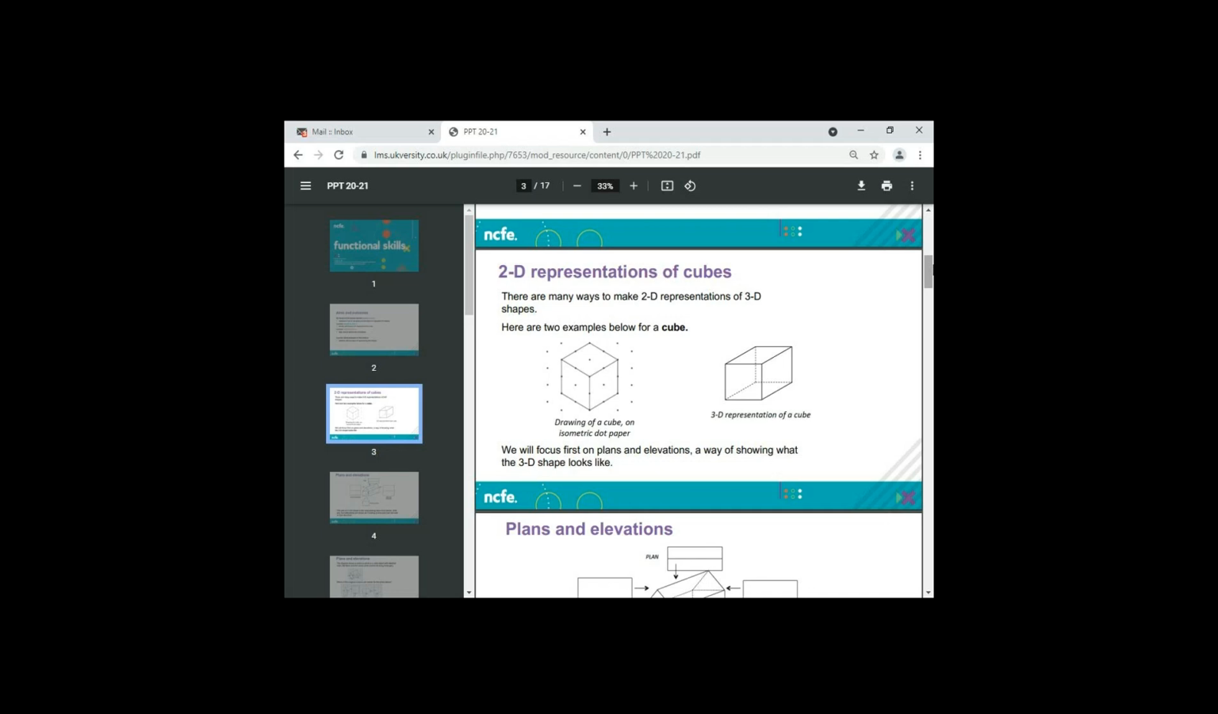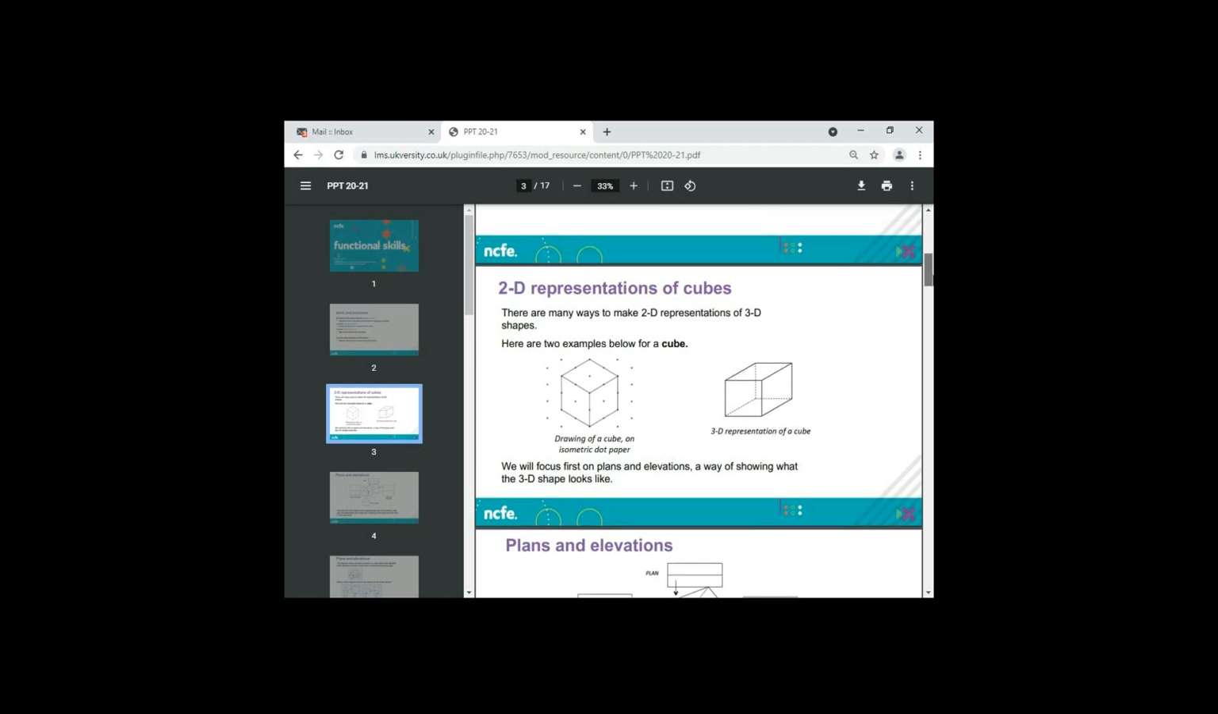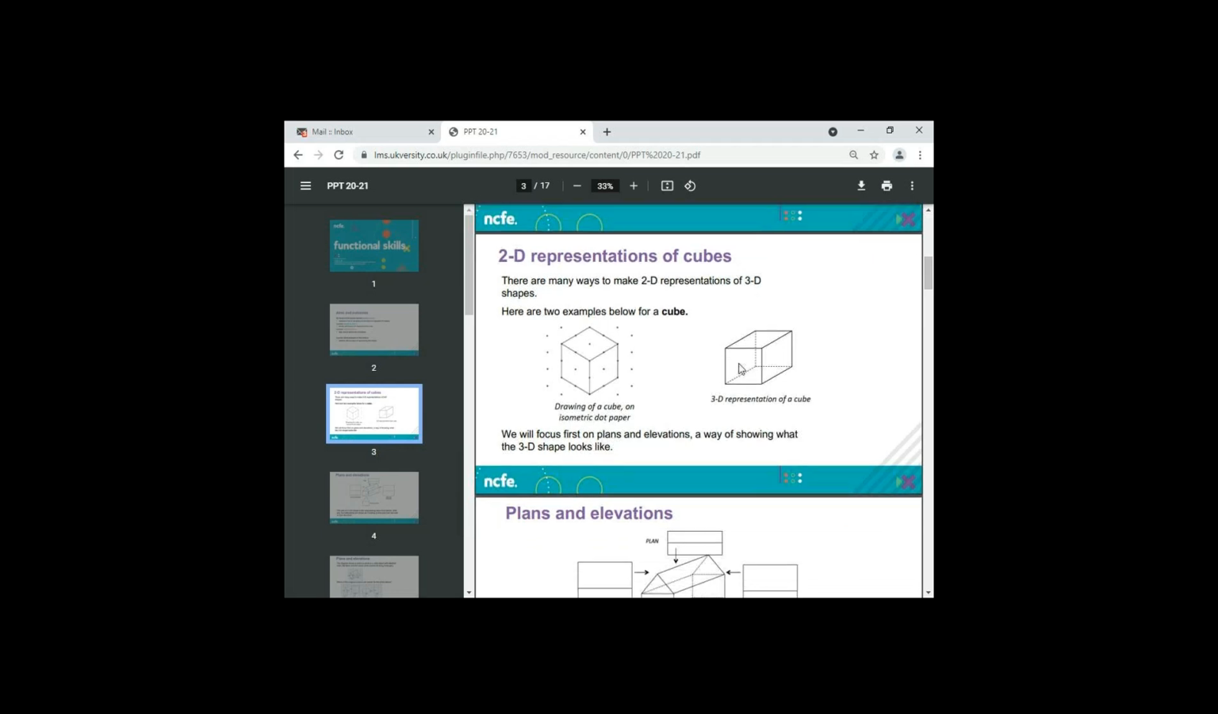Triangular prism is a 3D shape. You can go on and on. Square base pyramid is also a 3D shape. So there are many ways of making 2D representations of 3D shapes. We focus first on elevation. Then this is a cube. All the sides of a cube are always the same. So if you want to draw a cube, it's just